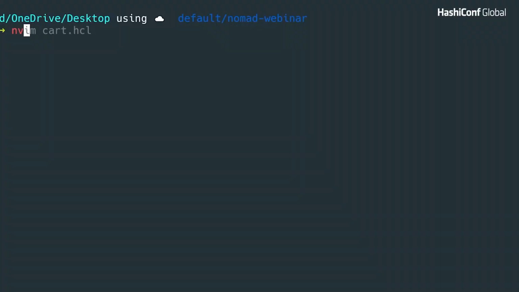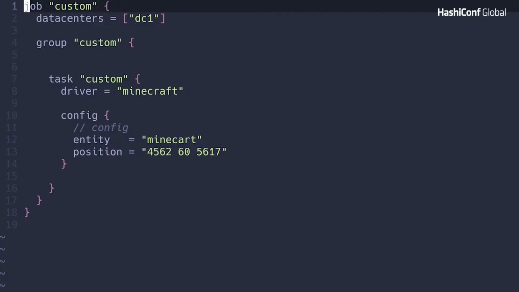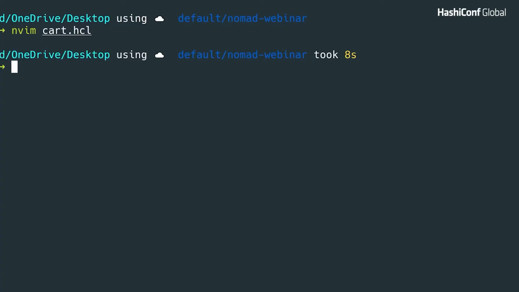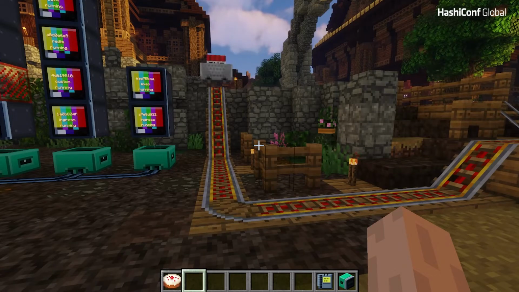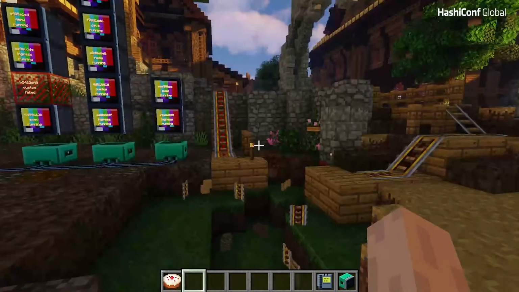Let me just edit your file here, okay? I'm gonna edit this now. If I change this entity to TNT Minecraft, I think this is gonna solve our orc problem for good. Let me just run this. So Nomad run cart.hcl and hey, look, so I think I made